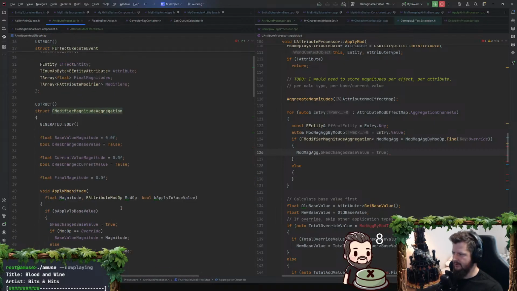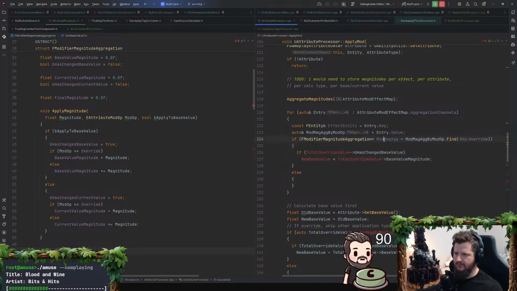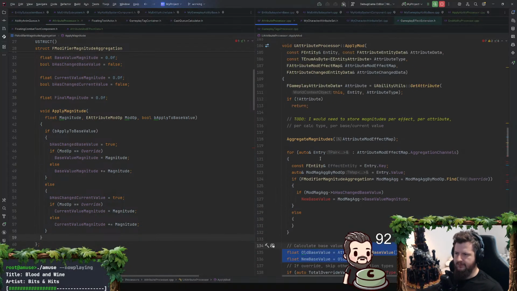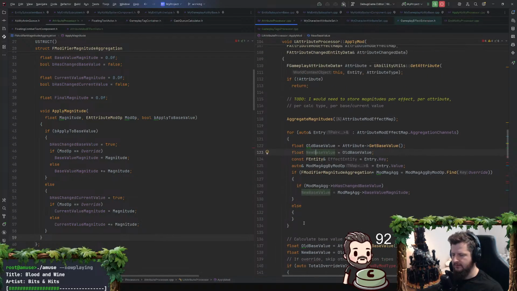This one should go on here, yeah, which would just be base value. Oh, and then this is where, yeah. Okay, I need to do this, but then we switch to mod mag ag here. Okay, yeah, that's what we want to do. So this new and old base value, we do need to do that, but we're going to be changing them multiple times within a frame, essentially, I think.